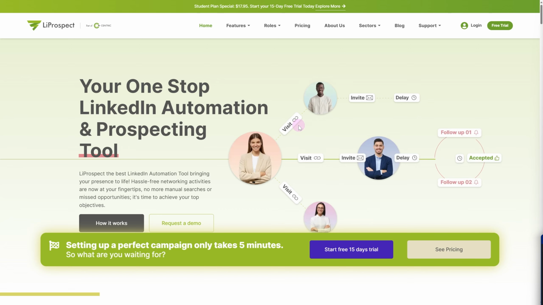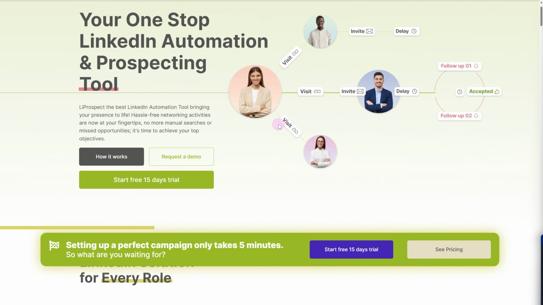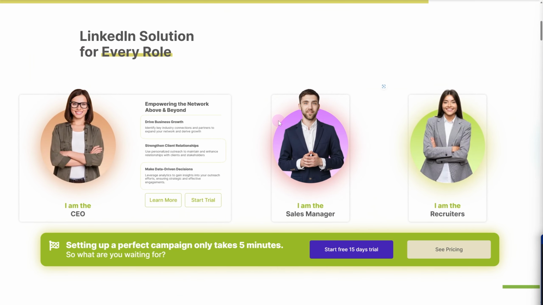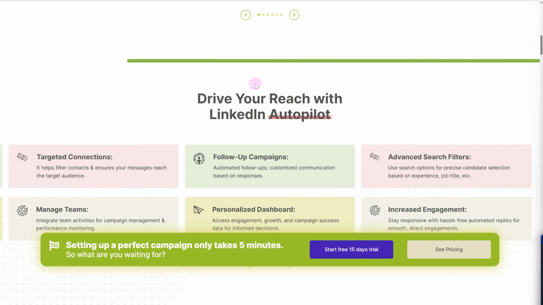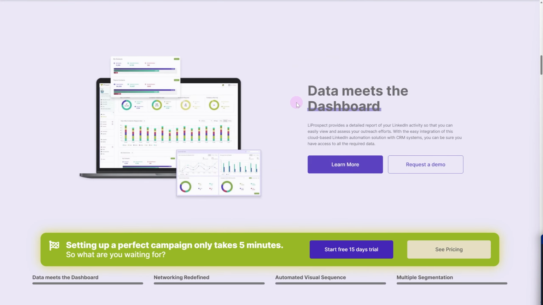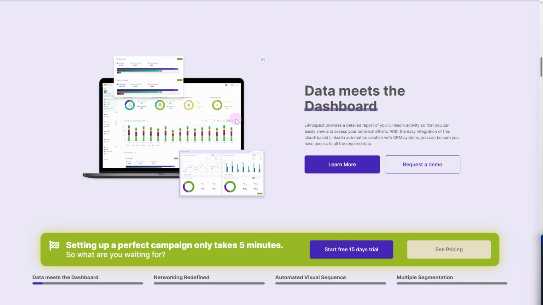Now talking about LiProspect, of course LinkedIn is an important tool in getting opportunities and managing different type of businesses. So if you want to skyrocket your business or your profile, you can use this tool because it has an amazing platform. If you are a sales manager, as you can see in here, or recruiter, so this is going to be helping you. Now of course you need to boost up your campaigns on LinkedIn to increase the audience engagement, and that is completely possible using LiProspect, as it provides you the dashboard that is crucial for this type